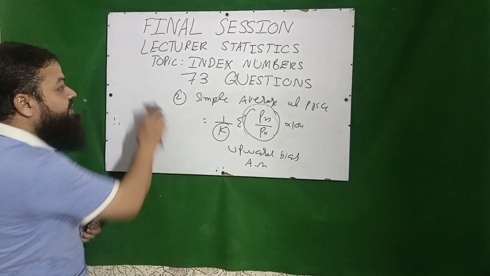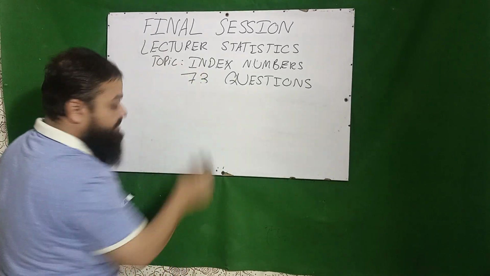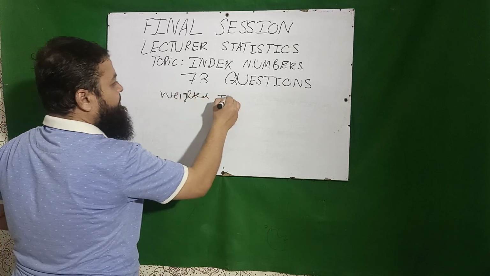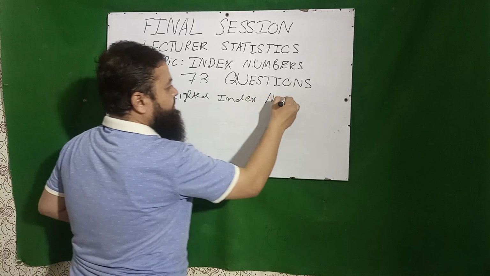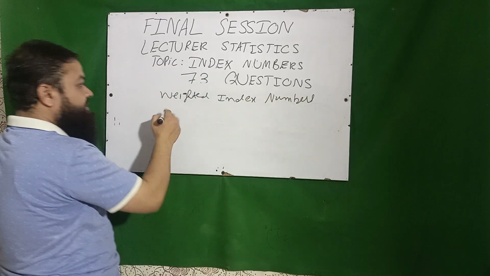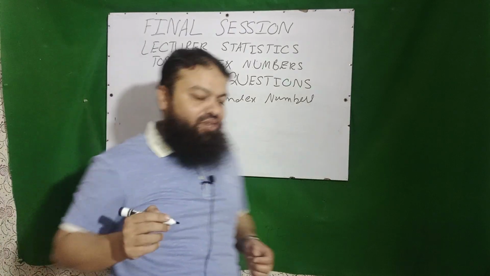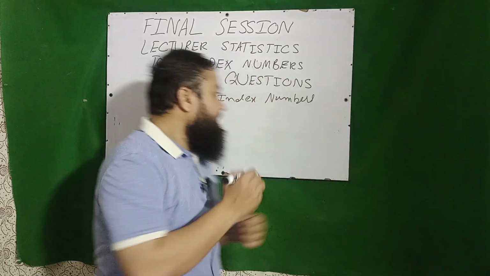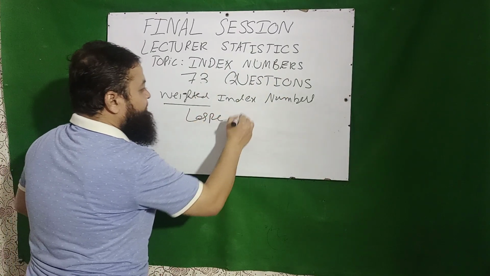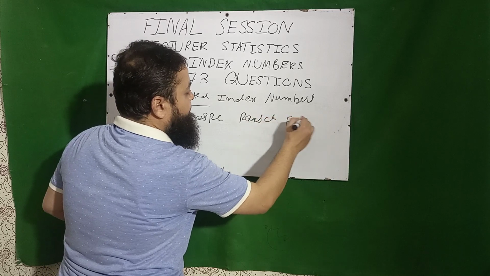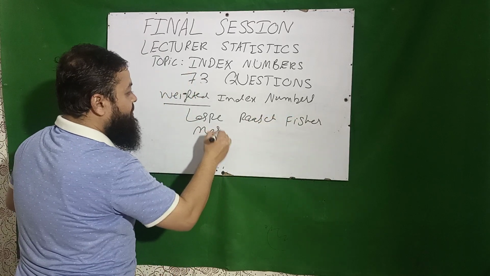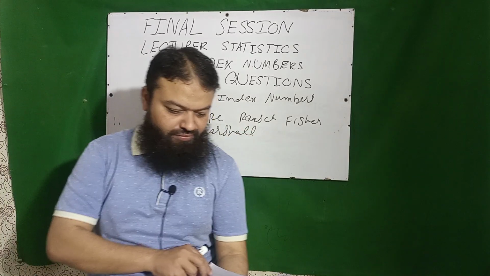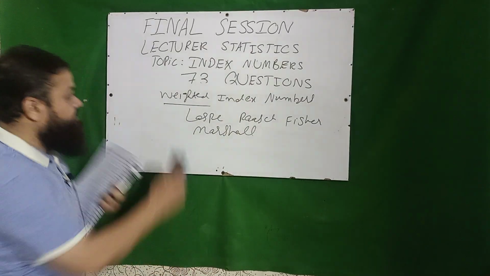Then the next one is weighted arithmetic mean, weighted index numbers. As I told you, weighted index numbers are used whenever all the items are not of equal importance. Then we move towards weighted index numbers. And Laspeyres index number, Paasche, Fisher, Marshall, these are all weighted index numbers. Then a very important question,